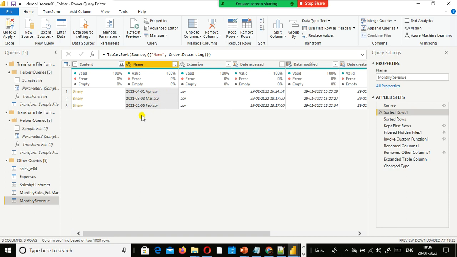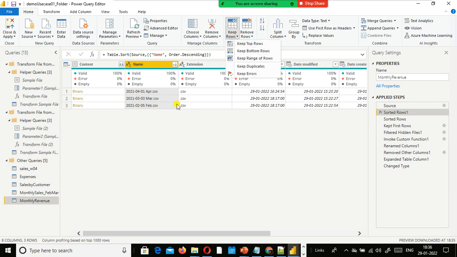That is if you don't follow this naming convention. Since you are using this one, what happens? This 2021 is common, and of these three values, 4 is bigger than this one, so it picks up this one as the recent one. When you sort in descending order, this one appears first and this one comes second, because 3 is more than this one. That's the trick. But again, you need to go and keep rows 1.